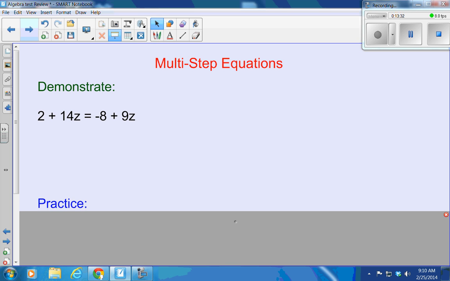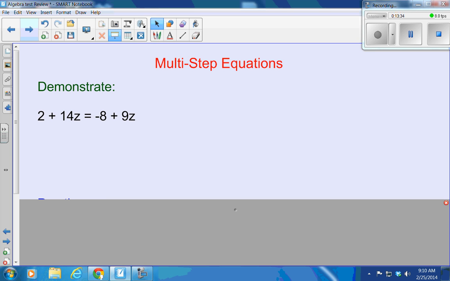I'm going to show you how to do the first one because this is challenging. So what I do is I'm on two different sides of the equation. So I can't combine my variables. I have to get them together, but I can't just put them together because I'm on different sides of the equation. So for me, it's easier to move my smallest variable. So my smallest variable is plus negative 9z. The opposite is plus 9z. The opposite is minus 9z,